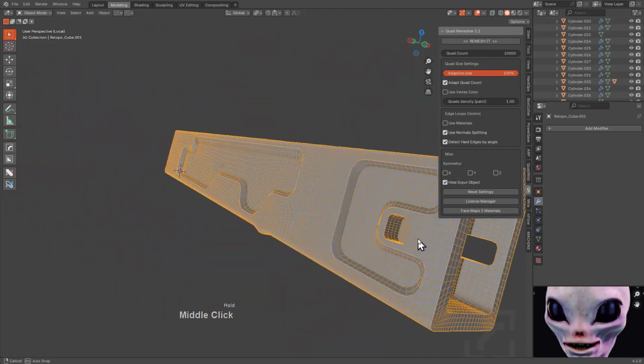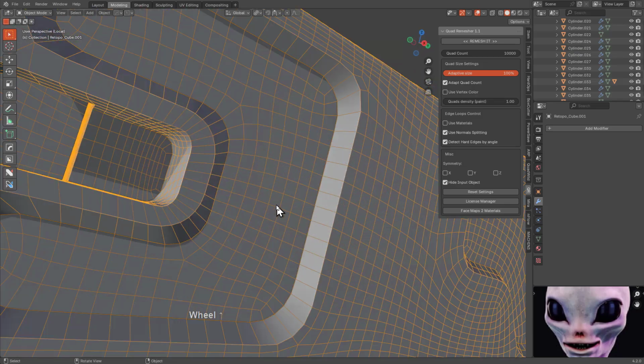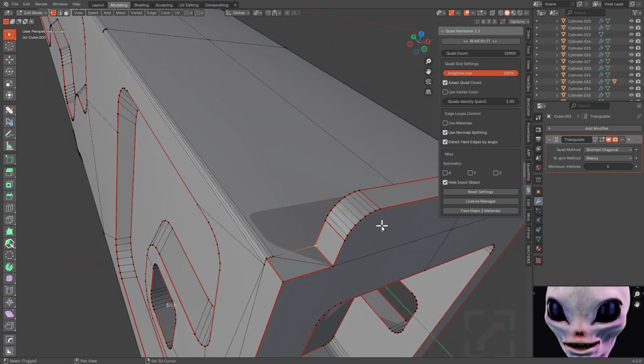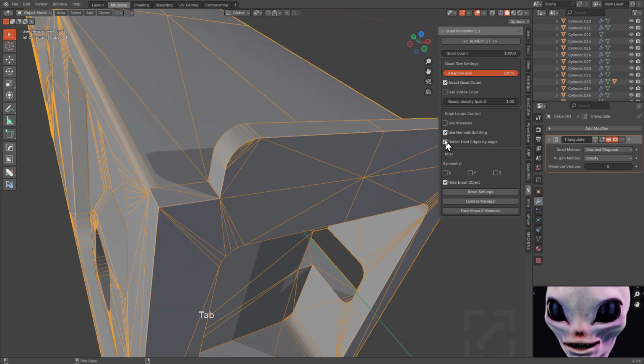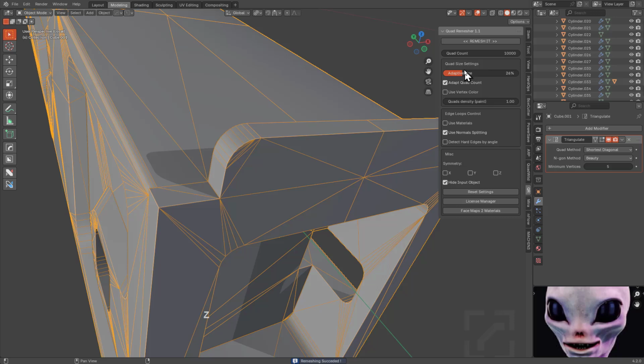I was about to make a joke about the person who submits this mesh being dense, but maybe this does work. I mean, this edge just isn't going to work. And how can we force it to work? Detect hard edges by angle. Let's try unchecking that. Let's lower this a little bit and try it again. And I just play with the settings, but I do love that there's not a ton of settings to go with.